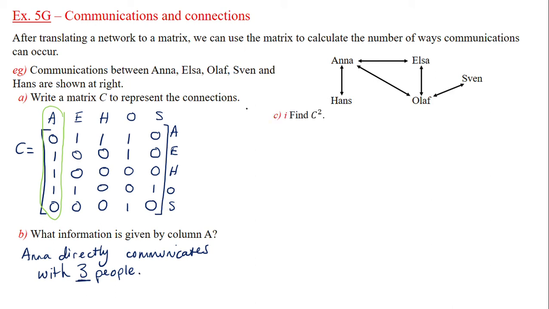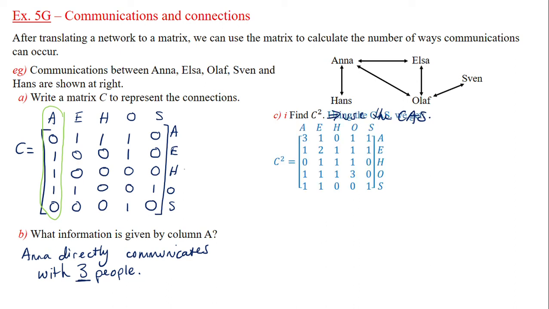Now to find C squared. Obviously, to multiply this huge matrix by itself by hand is going to be an absolute nightmare of a task. So you're going to do this on the CAS. We're going to store this matrix using the control key and then the store, which is written above the VAR button on the keyboard, to store this matrix as C. And then from there, we're going to calculate C squared. So you're literally going to type in C to the power of 2 or C times C,